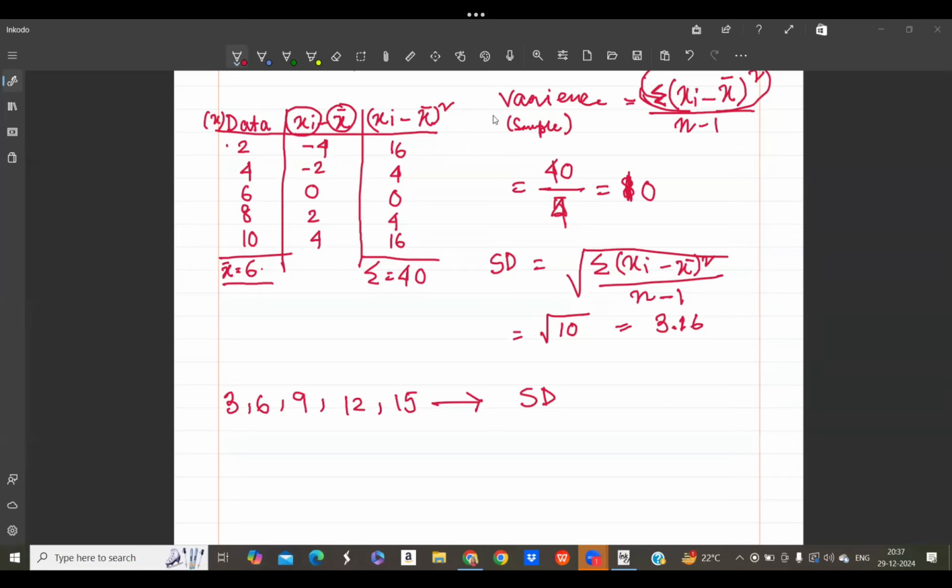90 डिवाइडेड बाय 8 करना है ना मैम? 90 डिवाइडेड बाय 8 क्यों, कितना सारा है डेटा पॉइंट्स तुम्हारा? 5 है। तो minus 1 किया मैम। करोगे तो 4 होगा ना? ओके ओके। 90 तो तुम्हारा टोटल समेशन है, ये ऊपर का पार्ट। नीचे क्या है? n-1। तो n कितना है तुम्हारा? 5। 5 minus 1, 4। So 90 divided by 4 and then जो भी आंसर आएगा उसका रूट कर दो बस।